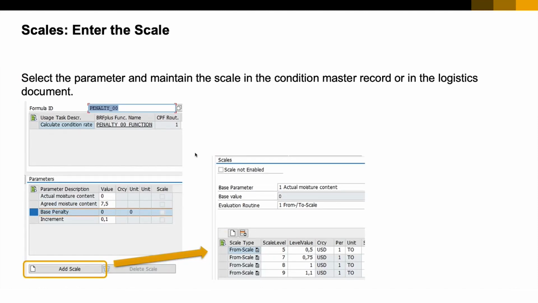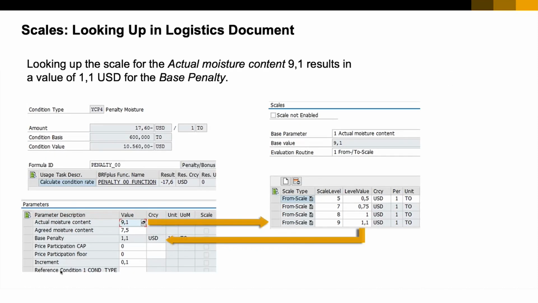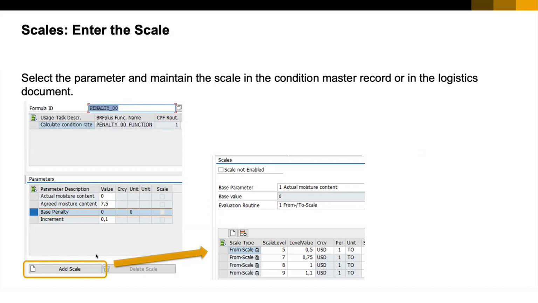And this happens now either directly in your logistics document. As soon as you call up this function, since in the configuration this base penalty is allowed for scales, this button will automatically become activated. Otherwise, in all other cases, it was not. So now in the document itself, you can add the scale if you want, or again, you can do this in your condition record master data. Once you add the scale, it will